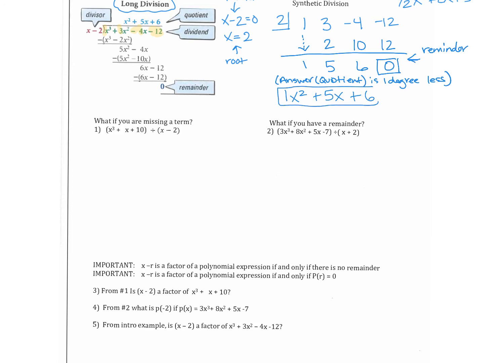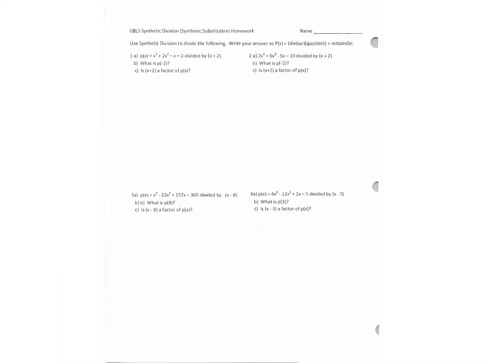This is my quotient, if you will. And I know several things. So first of all, I know that x minus 2 is a factor. This is because my remainder was 0. If in this polynomial